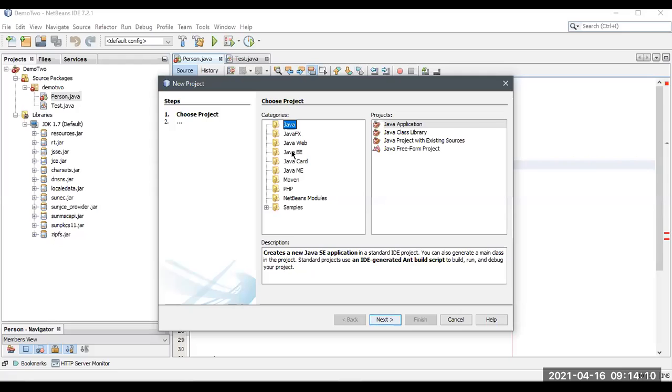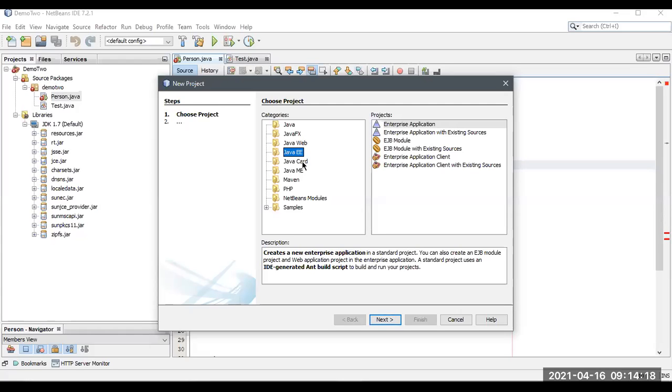So if it is like JEE, how many editions are there in Java? There are 3: one is the standard edition, another is the enterprise edition, and another is the mobile edition. What is the standard edition? The basic applications will work on the standard edition. In the enterprise edition, we work on web applications like servlets and JSPs. Each and every web page is in this project, and these are the enterprise application projects like EJB, Enterprise Java Beans. These are all very important. We will discuss it later.